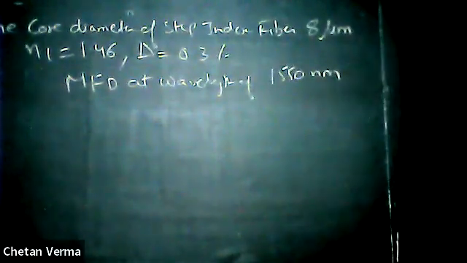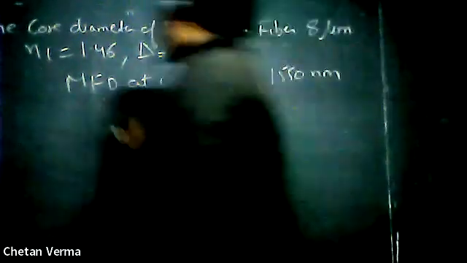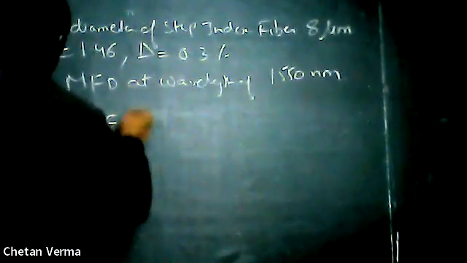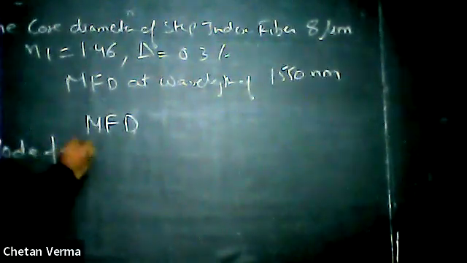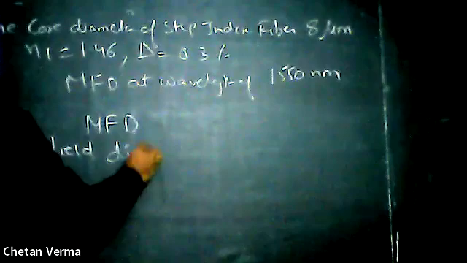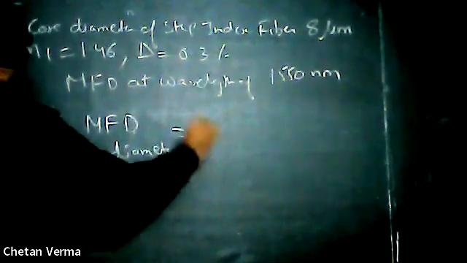So according to the formula of the mode field diameter, MFD, that is your mode field diameter equal to